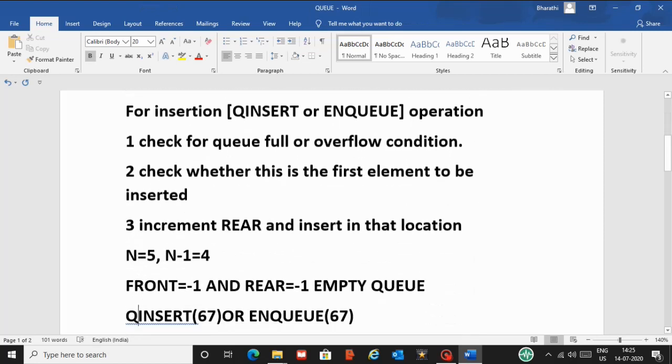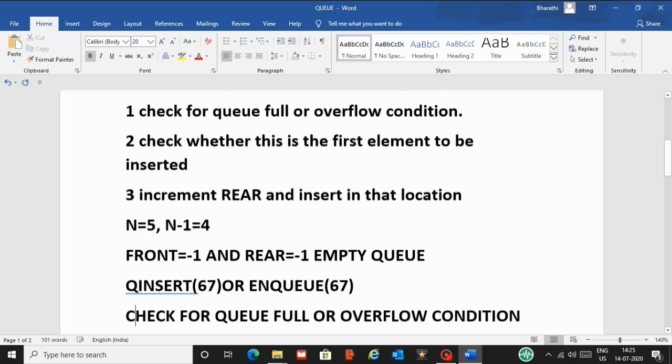What did I do there? Increment rear and insert, not that. Now I want to insert into Q. Before that, n is 5 for the example. According to the example, the value of n is 5, n minus 1 would be 4. Then front is equal to -1 and rear is equal to -1 because it's an empty queue. Now if I want to do an NQ operation, that is I want to push in 67,